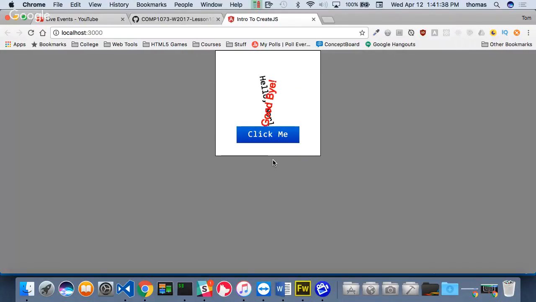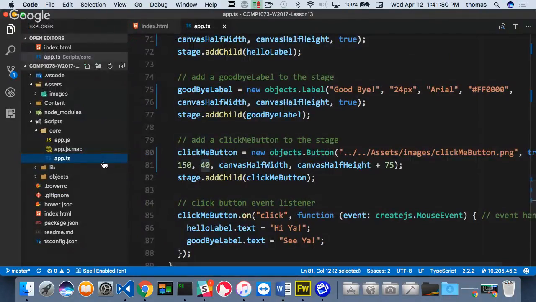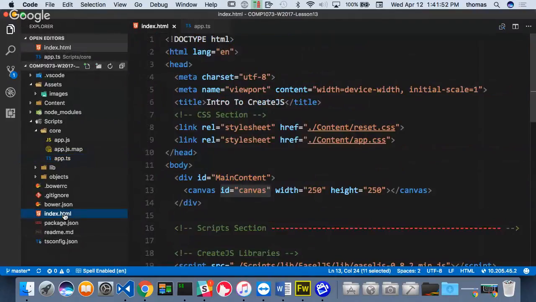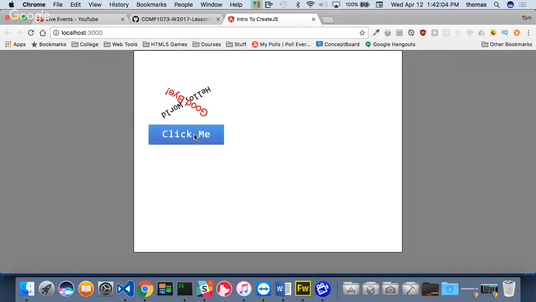Everything's fine. Now, how do you test it? Because I said half width, half height. Right now it's 250 by 250, right? How do I change this? Well, here's a test. If I made my canvas width and canvas height in my index.html a different size, so instead of 250 by 250, let's make it, I don't know, 640 by 480, some weird number, right? And if I save this now and go back,